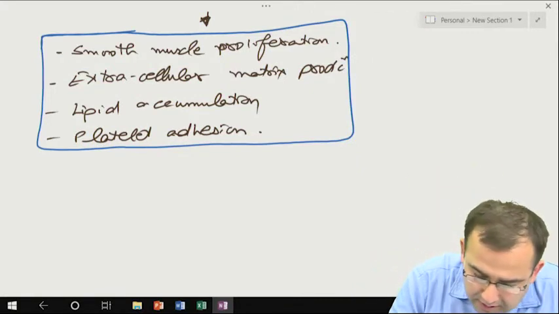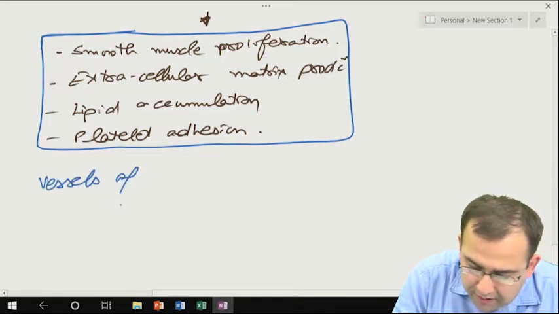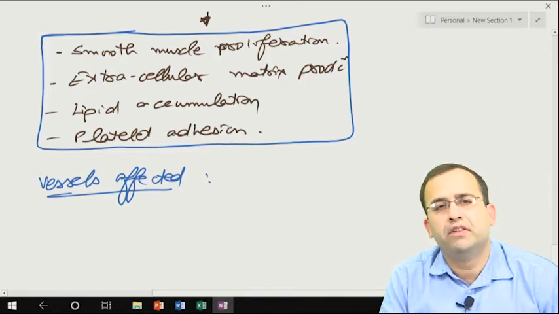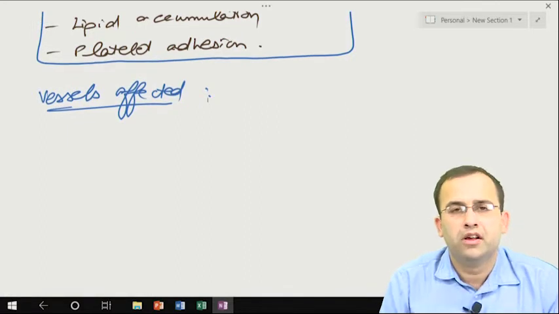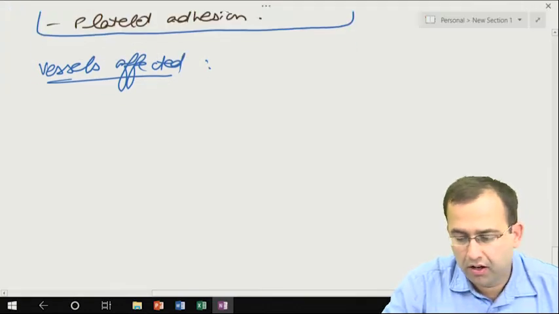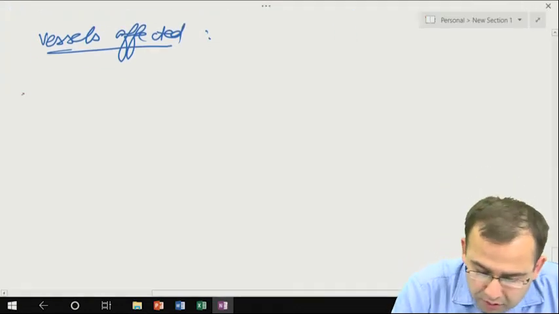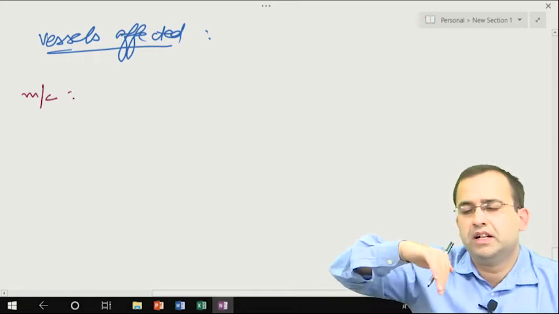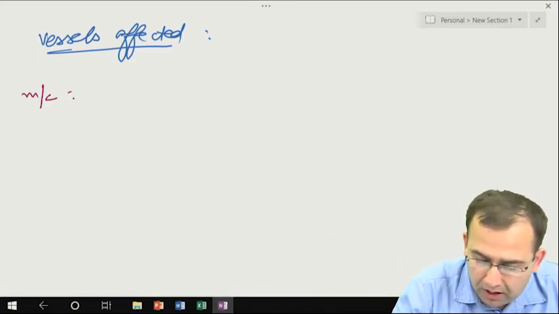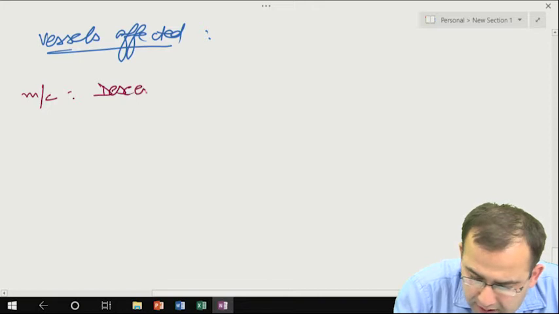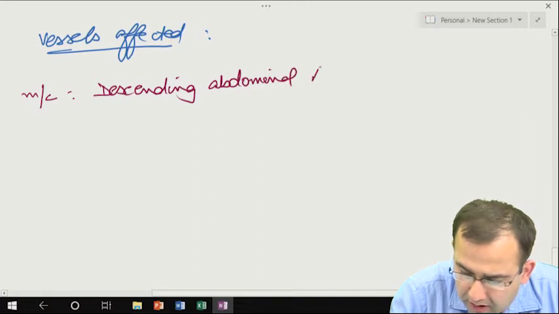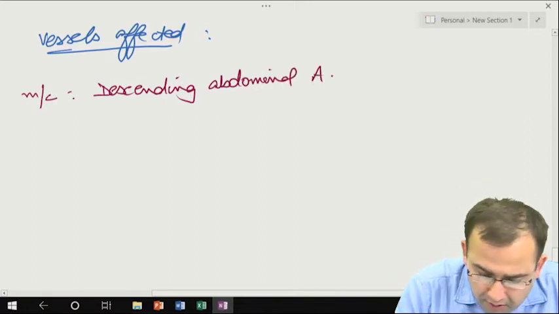Next point, vessels affected. Second years, for any question on atherosclerosis, write everything that we have discussed and nobody will cut even a single mark. The most common vessel affected: heart, coronary arteries? No. Most common is the aorta. Which aorta? Ascending aorta, arch of aorta, descending aorta. Descending aorta is of two types, thoracic and abdominal. So most common is the descending abdominal aorta, followed by